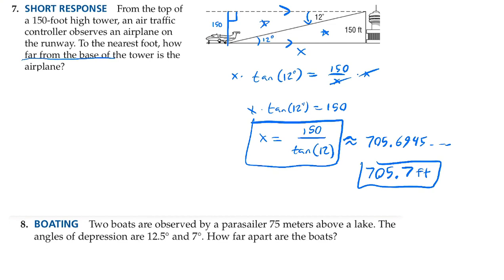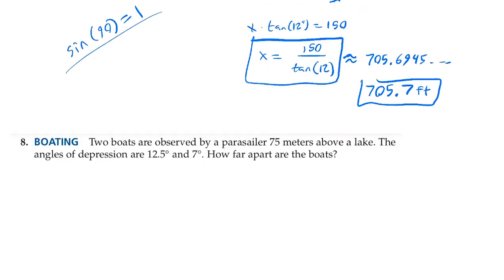One thing you might want to check on your calculator really quick is just plug in the sine of 90. The sine of 90 degrees should be equal to 1. If it's not, if it's equal to like 0.86, you're accidentally in radians, which is another form of measuring angles,